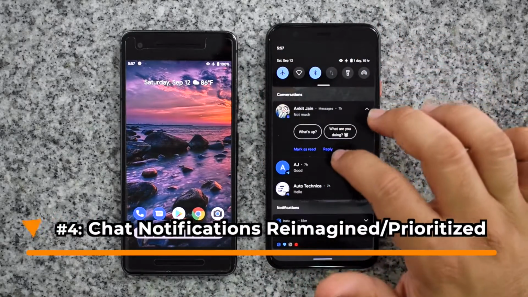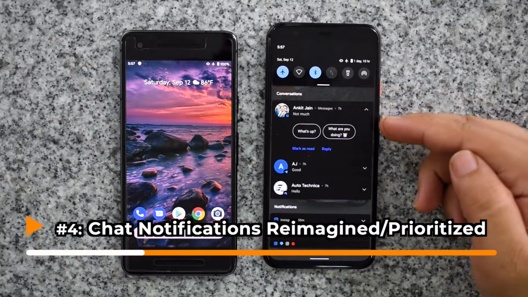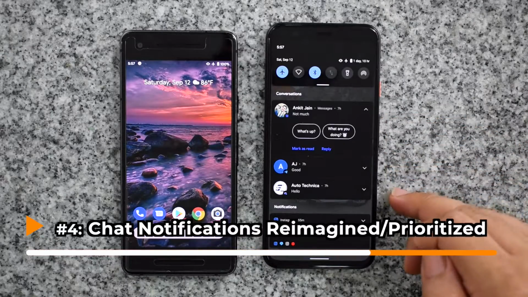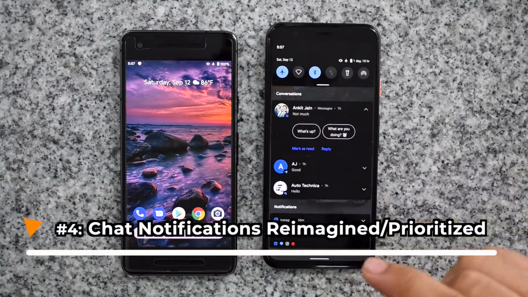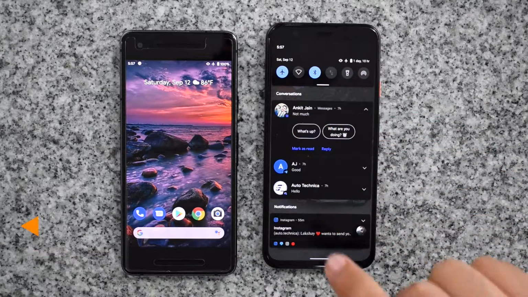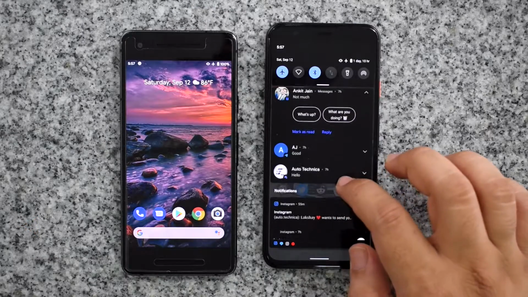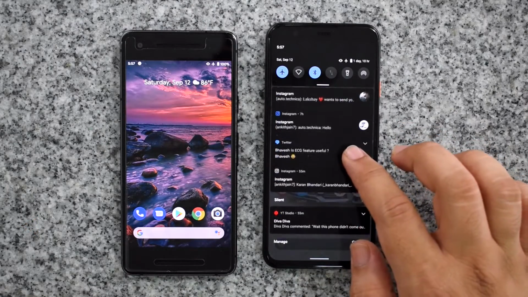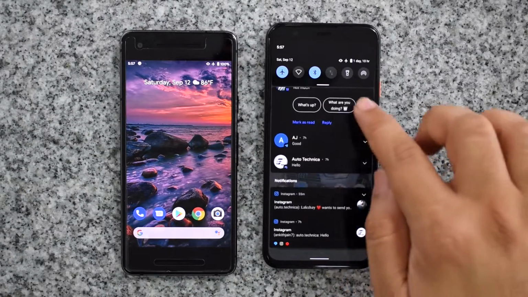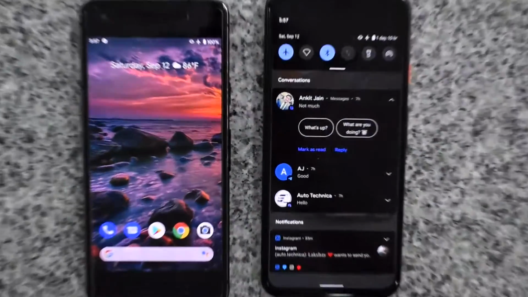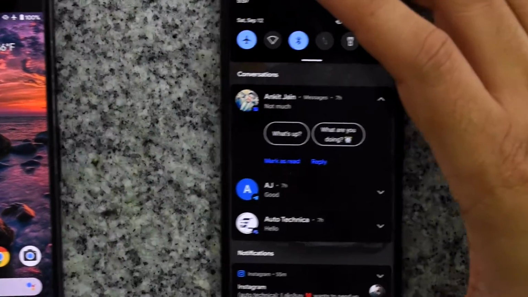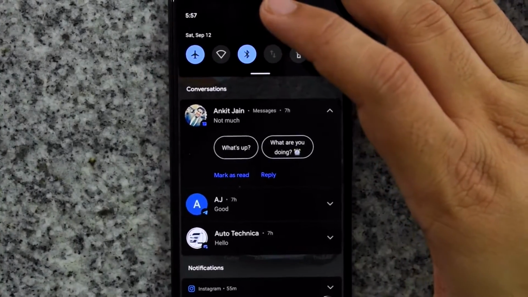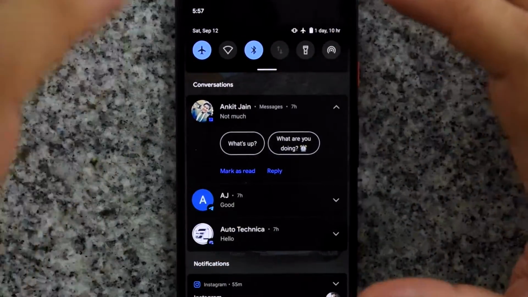So if you guys can see here, I've got conversations from 3 different things here. So I've got one from a text message, I've got a Telegram, I've got a Discord, and I've also got a bunch of other notifications here that haven't been optimized to show up here, but they will be soon enough. So what this does is these conversations can actually kind of make your life easier when you're